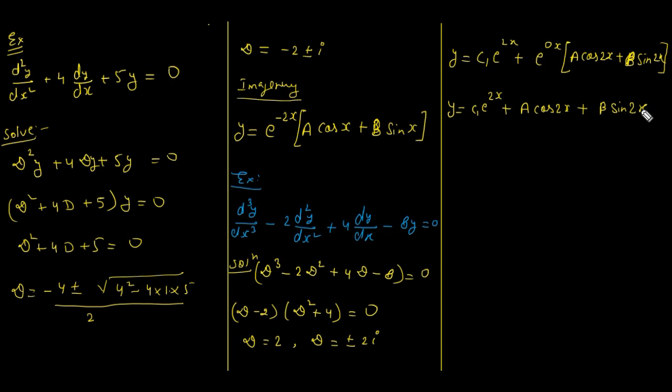In the next session we will see how to find the particular integral. Particular integral is like a specific integration which depends specifically on the input. Here, while finding the complementary solution, we put the input equal to 0. That is why it is called ZIR, zero input response, or source free response, because we have made the source value 0.